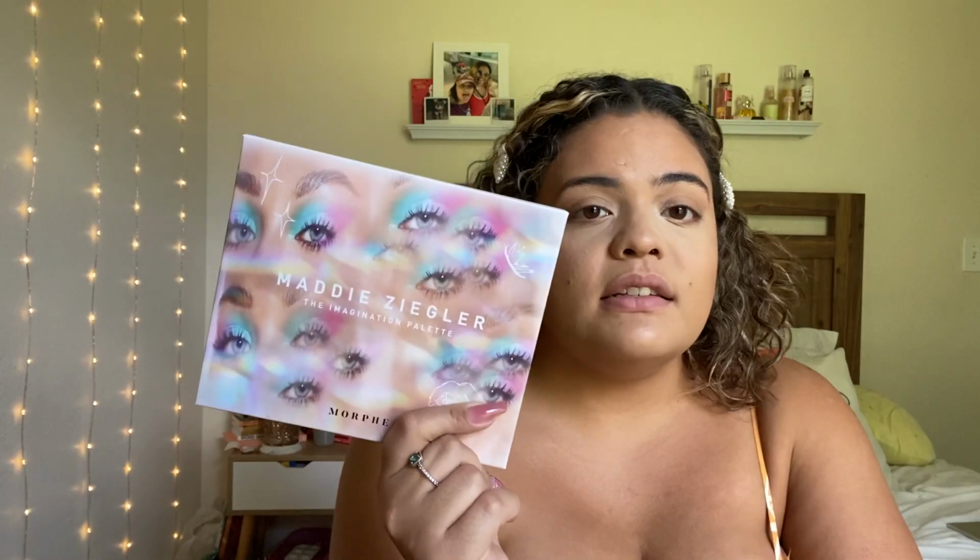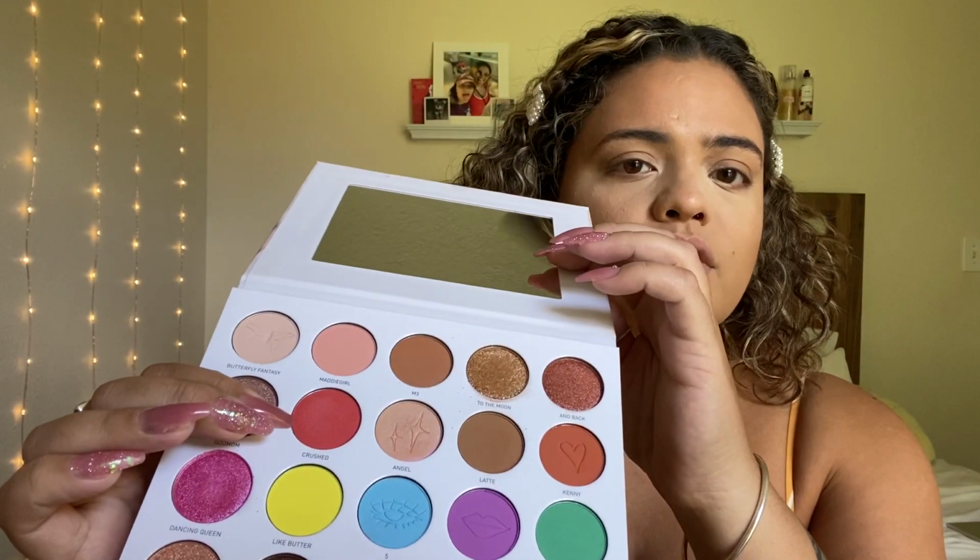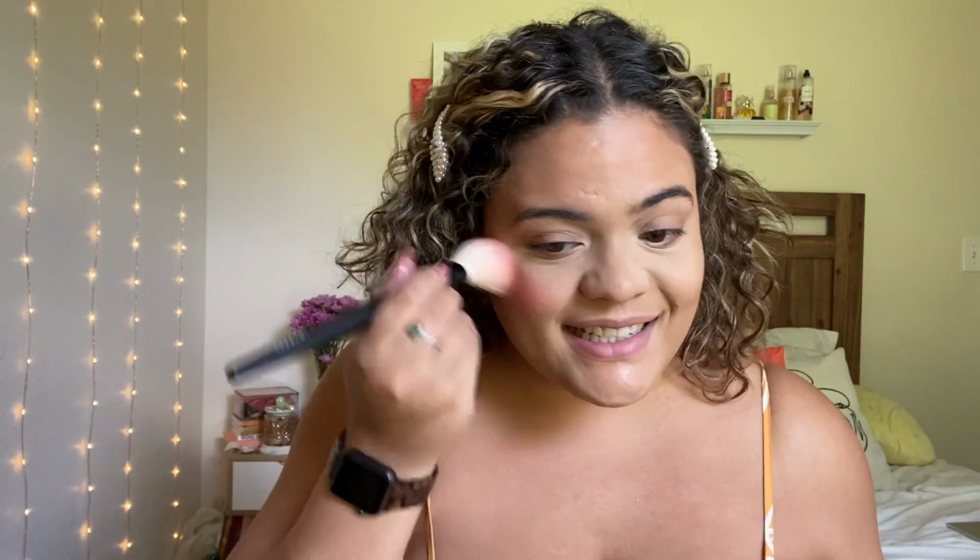For my blush today, I'm actually going to go in with the Maddie Ziegler Imagination palette, because there is this shadow. It's called Crush. Oh, it's called Crush, and I think it's absolutely beautiful, and it's very peachy, orangey color. I've always gone in with eyeshadows for my